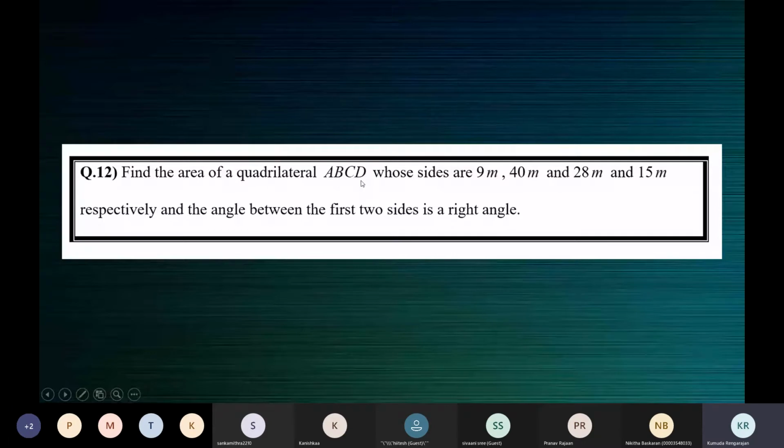So which angle is the right angle, children? Visualize AB, BC. Just see it in your mind. Close your eyes and see AB, BC. Then which is that right angle? Which is the angle which is a right angle?